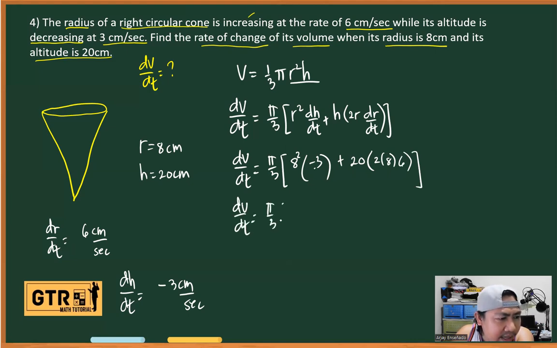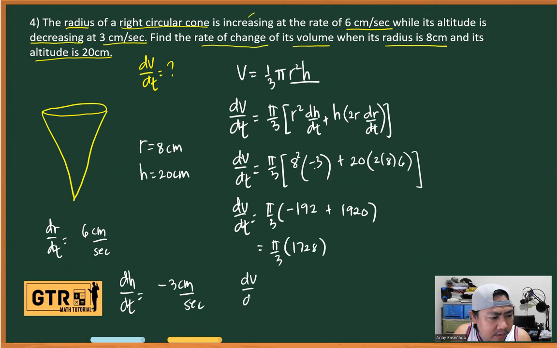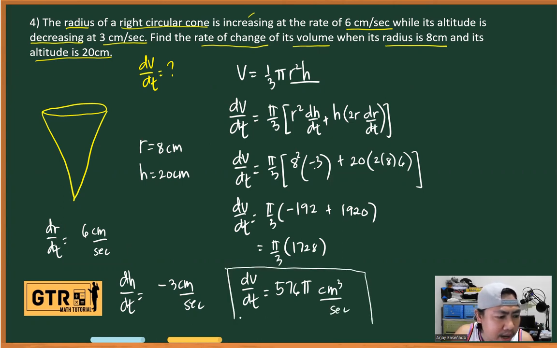So we have pi over 3. Then 8 squared times negative 3. So that is 64 times 3, so we have negative 192, plus multiply lang lahat ito. 20 times 2 times 8 times 6. We have 1,920. So subtract lang natin. So that is equal to pi over 3 times 1920 minus 192. So we have 1728 and then dV over dt is equal to, divide lang natin yan sa 3. So we have 576 pi. Cubic ano to, anong units natin? Centimeter cube per second. Okay, so ito yung final answer, 576 pi cubic centimeter per second